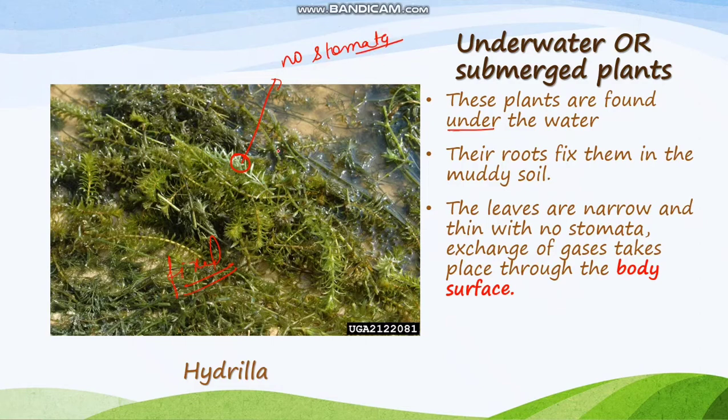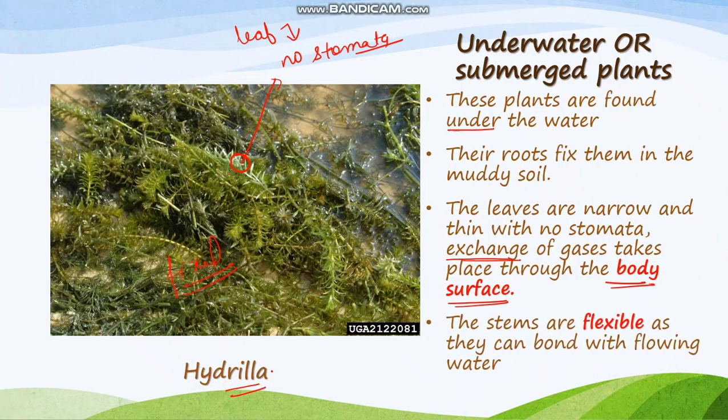And exchange of gases takes place through the body surface. If leaf do not have stomata, then how will it do the process of respiration or transpiration? So that is done by the body surface. Body surface means other part of the plant, leaving the leaf, stem और रूट. उसके अलावा जो भी है, लीफ के अलावा जो भी पार्ट उसके पास है, वहाँ से वो क्या करते हैं? दे डू द प्रोसेस ऑफ एक्सचेंजिंग ऑफ गैसेस. एंड वेरी गुड एग्जाम्पल इज हाइड्रिला.